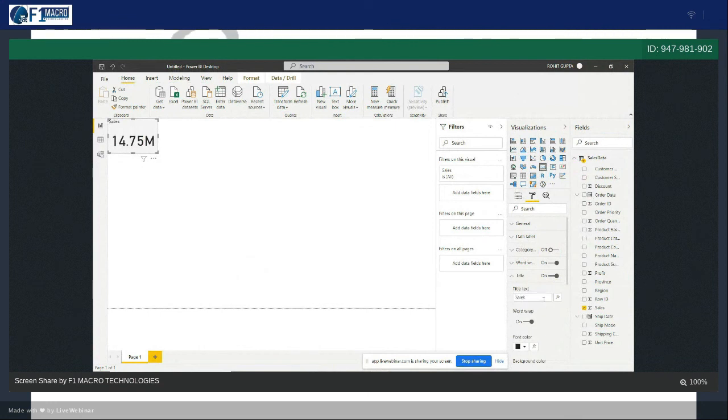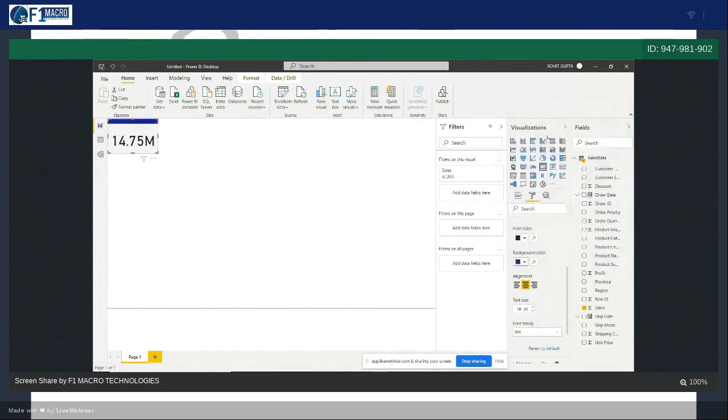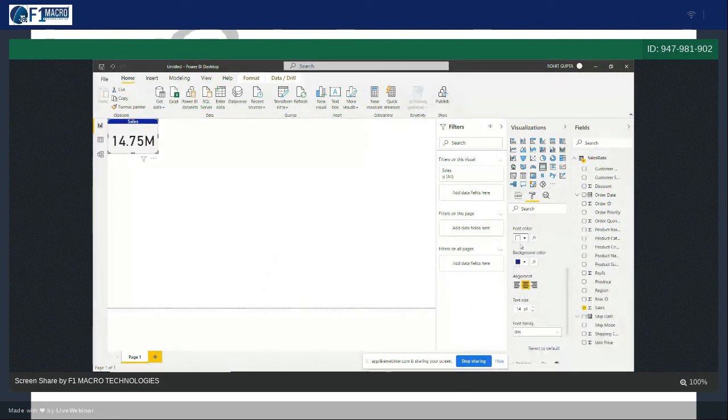And you want this centered, you can do the alignment. And for the background color you want maybe dark blue with white font. So you have to explore this. Do some R&D, explore and see what all features we have here. I just increased the text size of the title and I'm decreasing the size of the number. Under data label you can see the number size 45 pt is coming, so I am decreasing this to 36 or maybe 40. Okay, so this is the total sales you have.